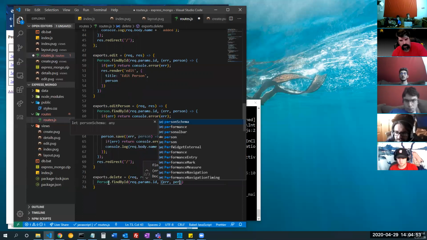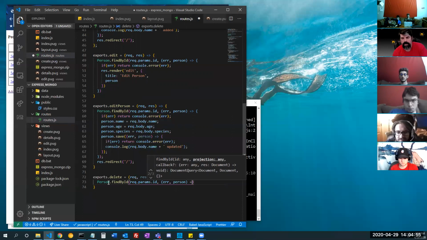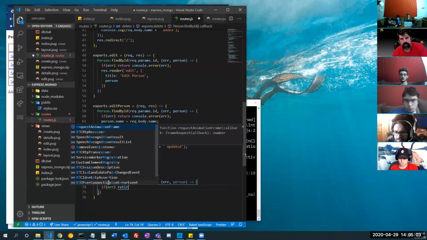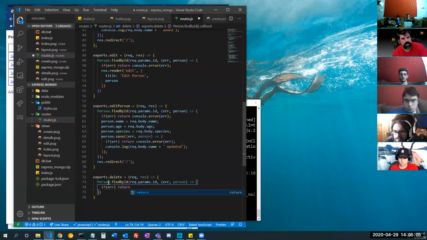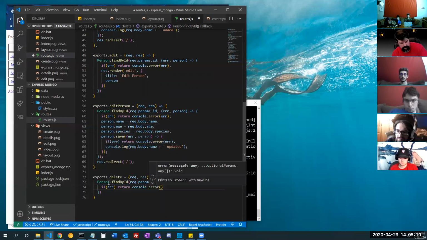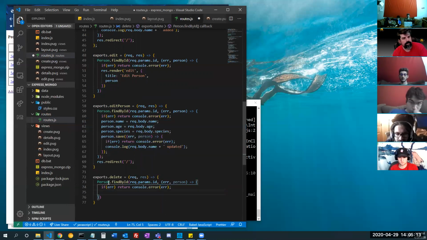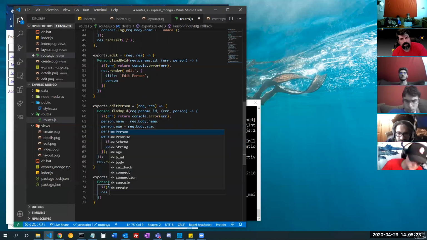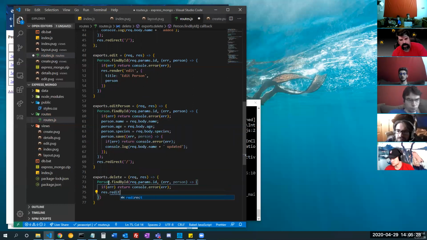Same sort of thing. Have an arrow function where we're passing in the error and the person. If we have an error, return that to the console as an error. Oh, let's see. Oh, I made a mistake. I'll put my redirect in here and then I'll fix my little mistake there, because